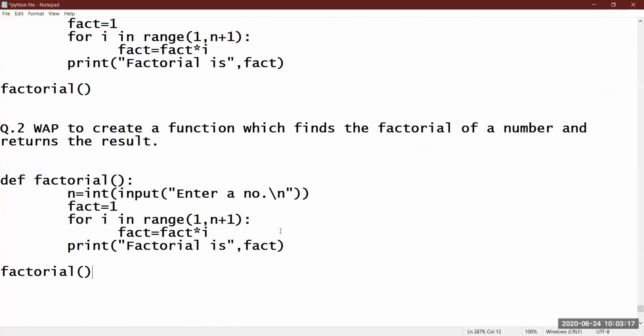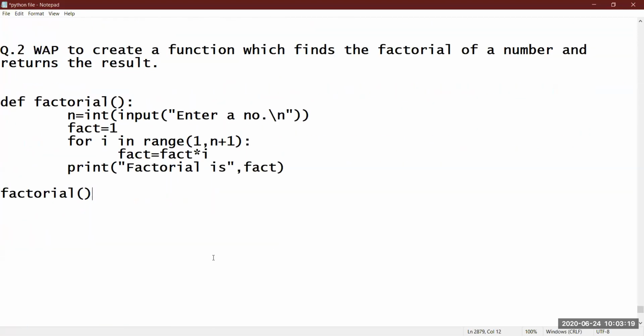What is the result now? Result means the question which you are doing by function is based on finding the factorial. That means you will return the factorial. Generally, printing is not done within the function. They generally return fact. What is the meaning of return fact? Return fact means it will return the result back to the function call. So now here